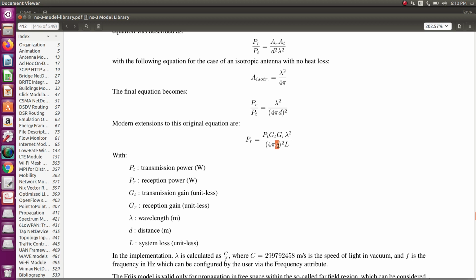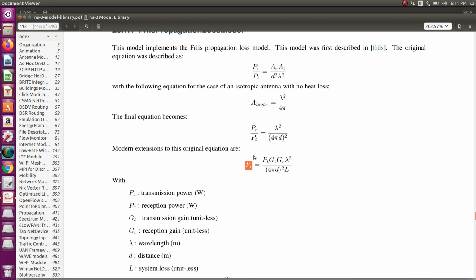The distance d is in meters, and the received power is in watts. Distance and received power are inversely proportional. If d increases, received power decreases, and when d decreases, received power increases.